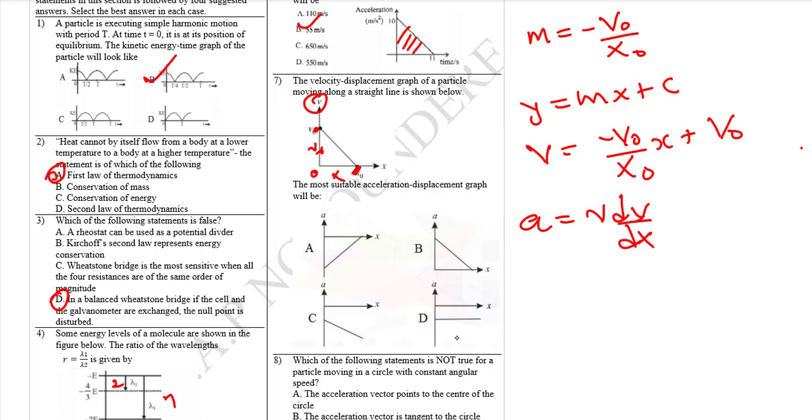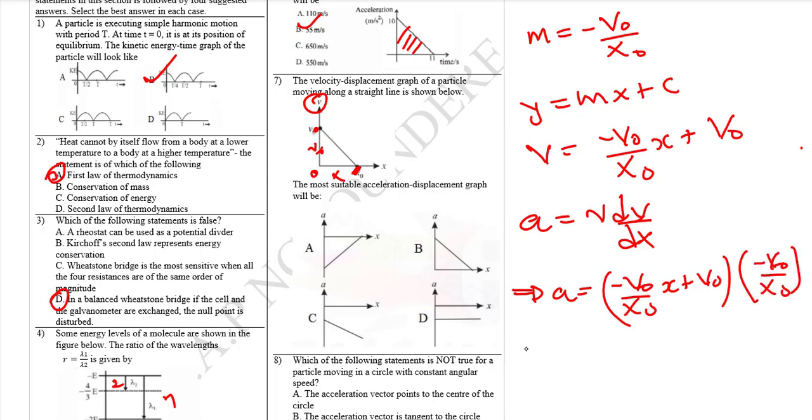Okay, so from here we can get that our acceleration will be equal to what's our v? Our v is given by negative v naught over x0 times x plus v0, then all of that times dv on dx. So we differentiate this with respect to x. The derivative of v naught, since v naught is a constant, is 0, and when we differentiate negative v naught over x naught times x, it will simply give us negative v naught over x0. Now if we multiply, we have (v0 over x0) all squared, times x, minus v0 squared